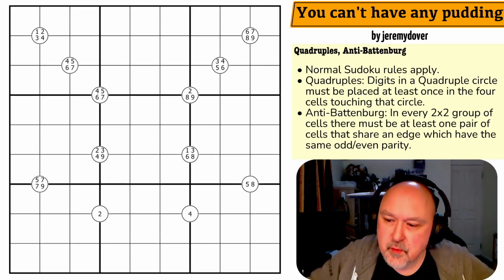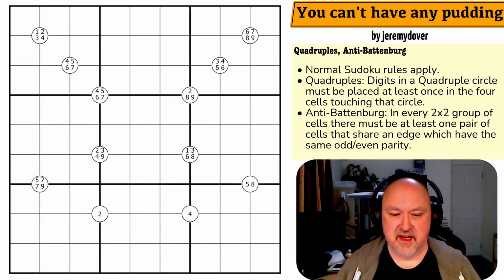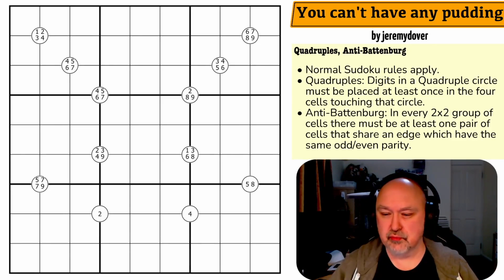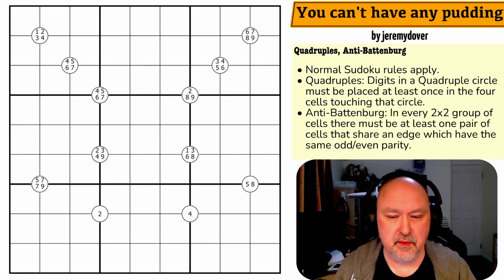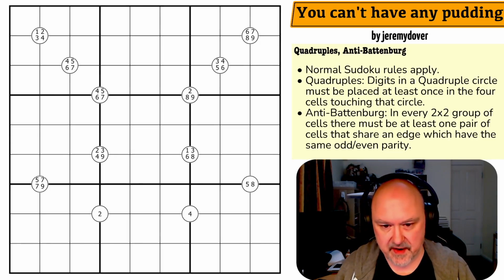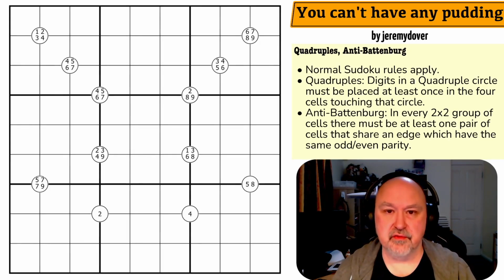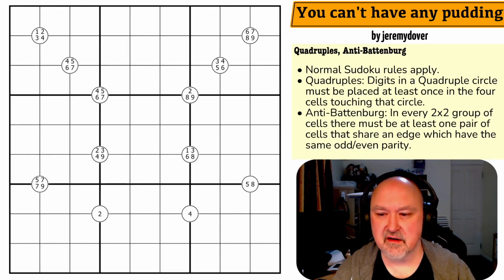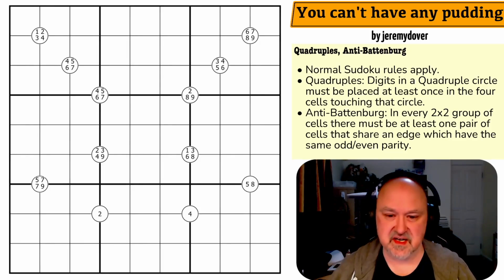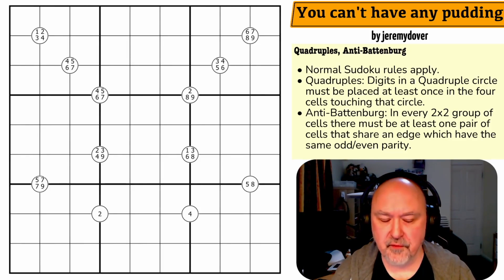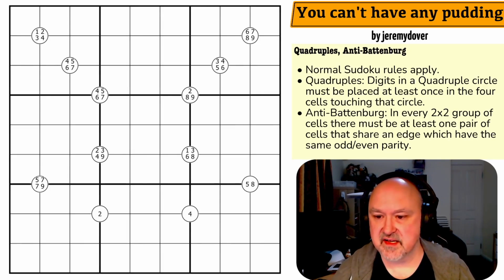This one did come with a rules rewording that had to be done because the rules confused some people. There was a lot of contention about what the rules meant, and I ended up having to send the solve guide through to a tester, and they were able to figure out what the rules meant and clarify it. So hopefully the version we've got of the rules now will make it clear. Let's have a look at it and see if we can figure it out.